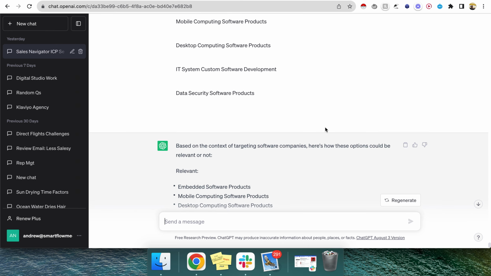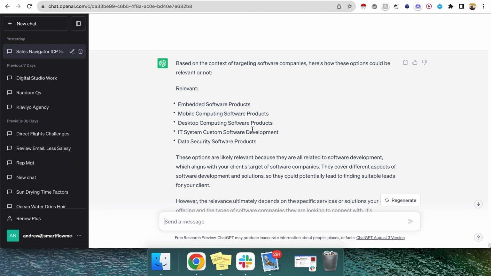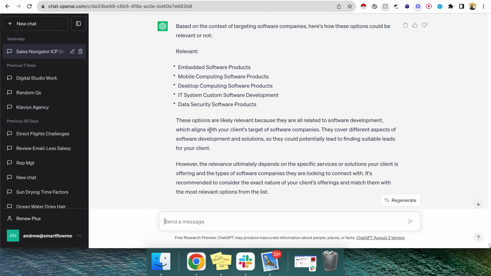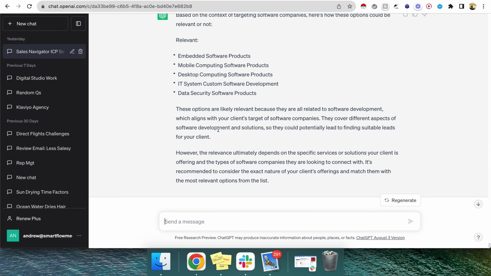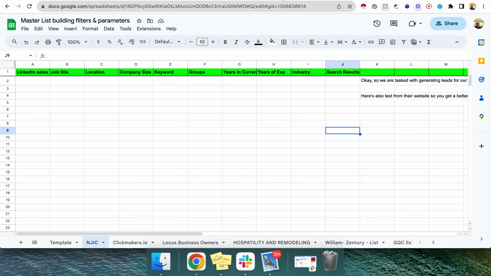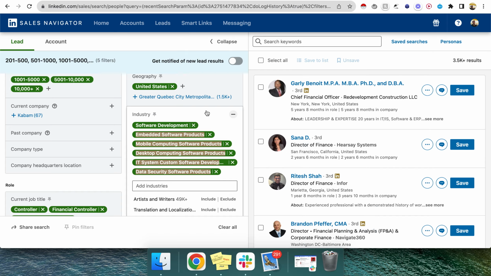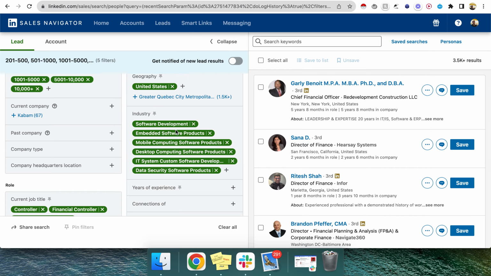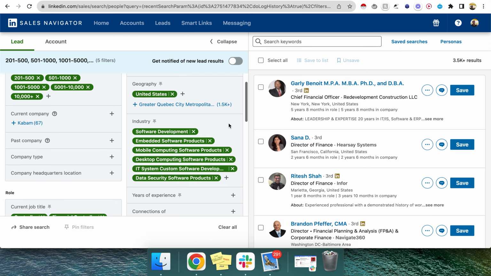So yeah, exactly. I don't like using it because it's super slow. So as you can see, GPT said they're all relevant. These options are all relevant. So yeah, again, I might not have needed to do that part. Sometimes you just have to go with your gut. And it's not a whole big deal, guys. So anyway, I've added all of them, and the list side still didn't change. So what I'll do,